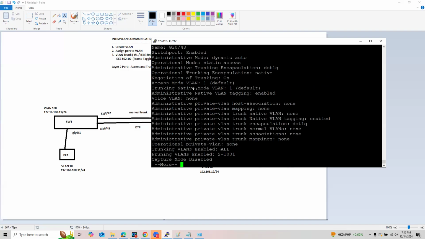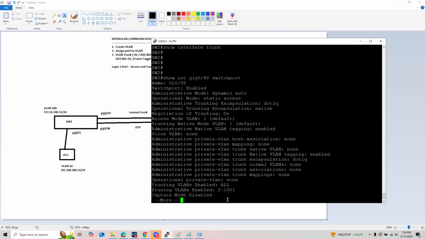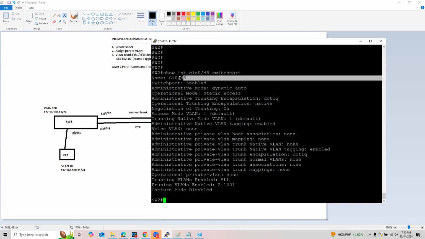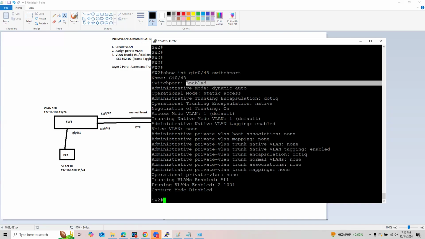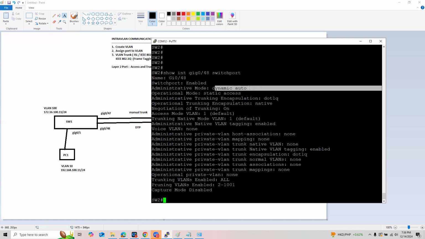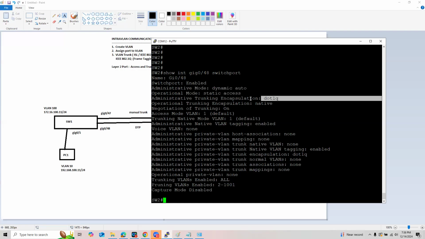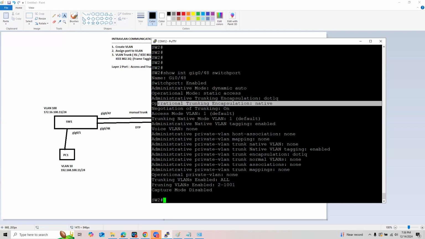It says here that port 48 is a switch port, so it is a layer 2 port. And its administrative mode is dynamic auto. Currently, it is an access port, so the operational mode is still access. And administrative trunking encapsulation, meaning this would support the .1q. Okay. And operational trunking encapsulation is native.